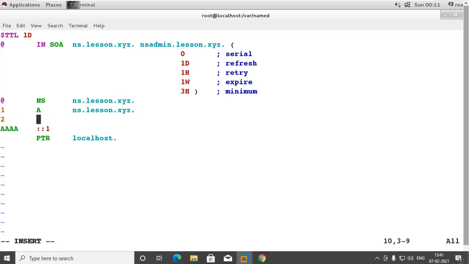We have IP 2 for, sorry, this will not be A, this will be PTR, the pointer records for www.lesson.xyz, and then 3 for the FTP server, ftp.lesson.xyz.